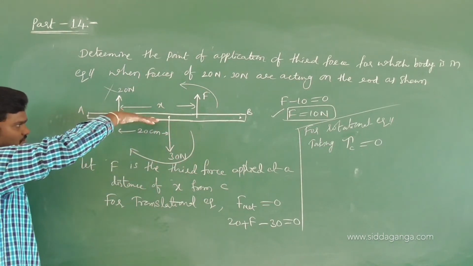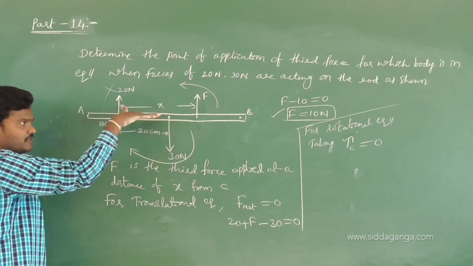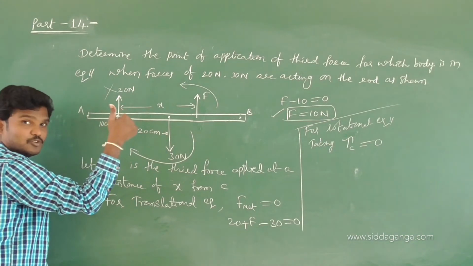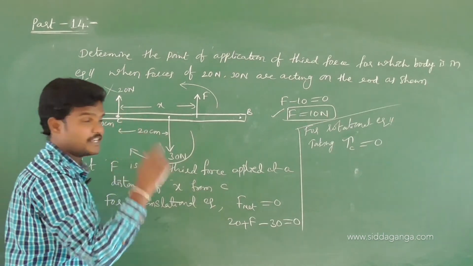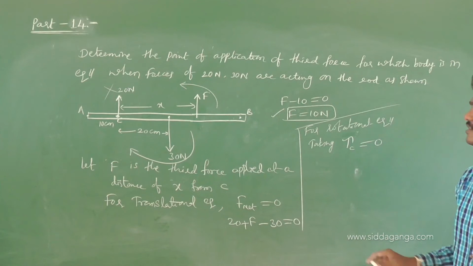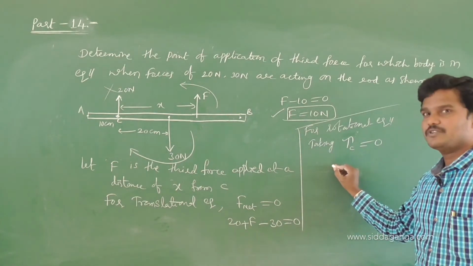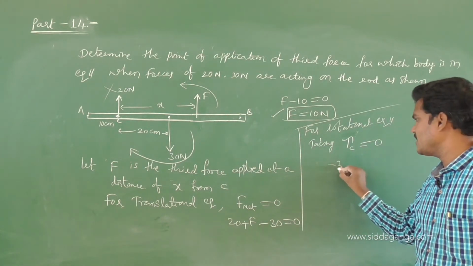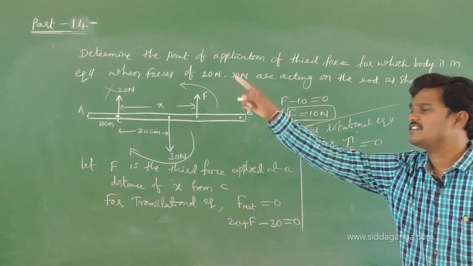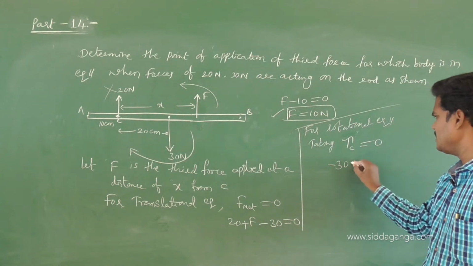this is R, 20 centimeter, downside, inside, into the board. Into the board means clockwise. Clockwise nothing but negative. Now taking the torque about C is 0. 20 Newton does not create any torque. 30 Newton will create a torque. So minus 30. Why am I writing minus 30? Clockwise. Clockwise negative. 30 into 20.